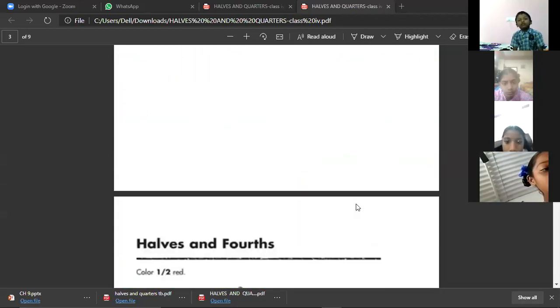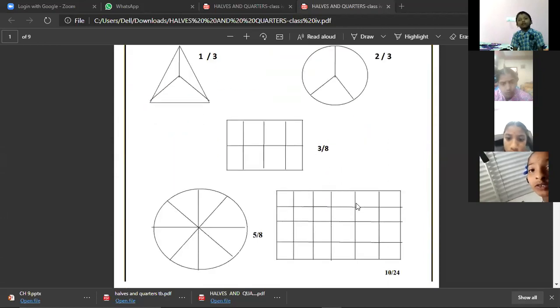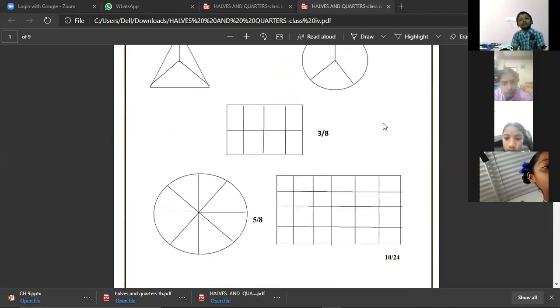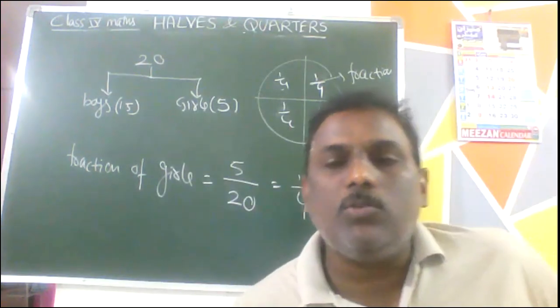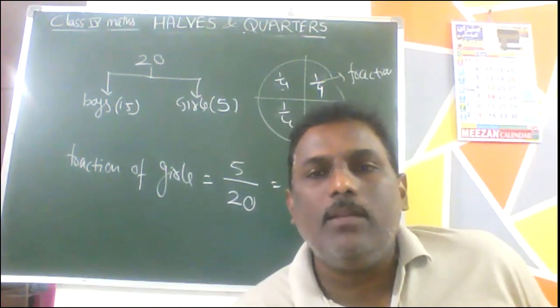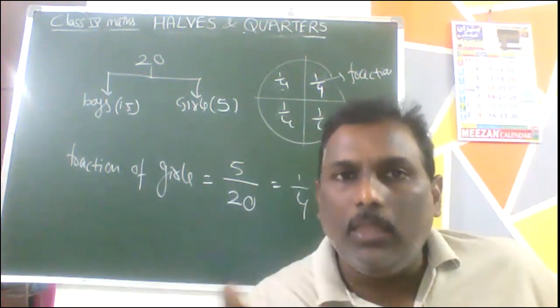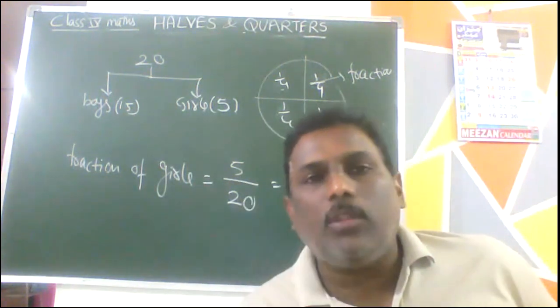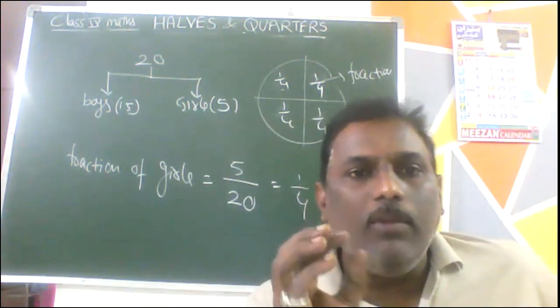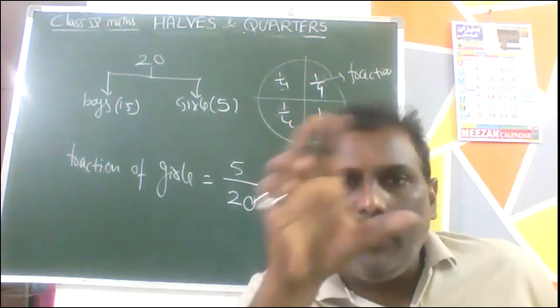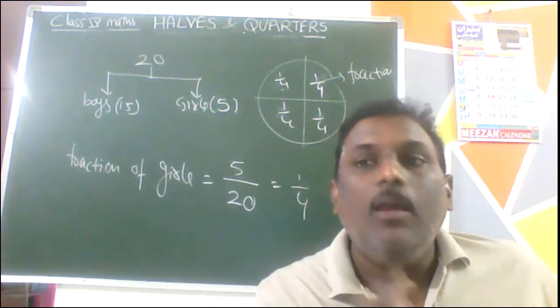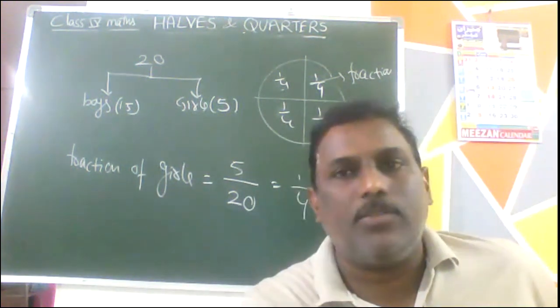So very easy worksheet. Please go through it, do it. If any doubts are there, always you can ask me. Okay. So that is about today's class. Halves and quarters. How to shade half of the thing or full thing, 1/4 of the thing, 3/4 of the thing. So coloring will give the clear idea that how many parts are colored, how many parts are left. Based on that, you can go for the fractions.